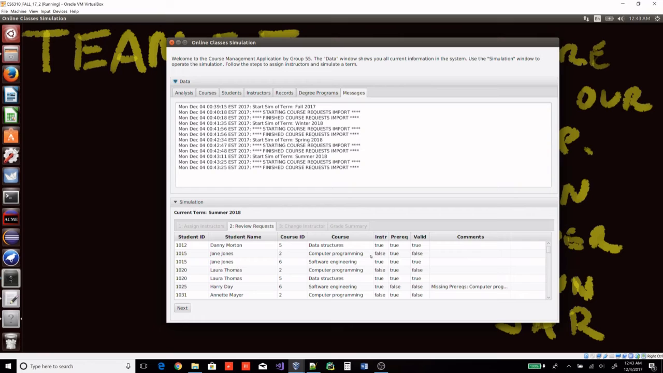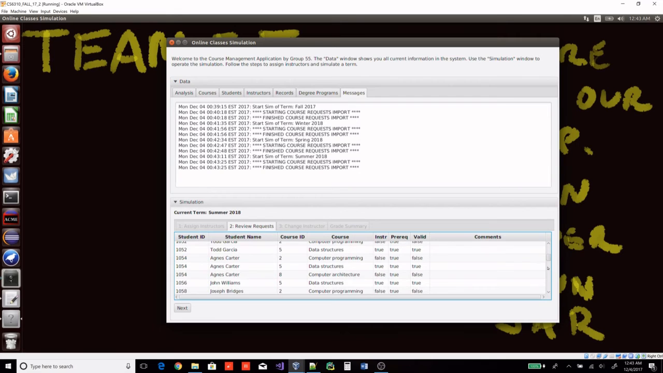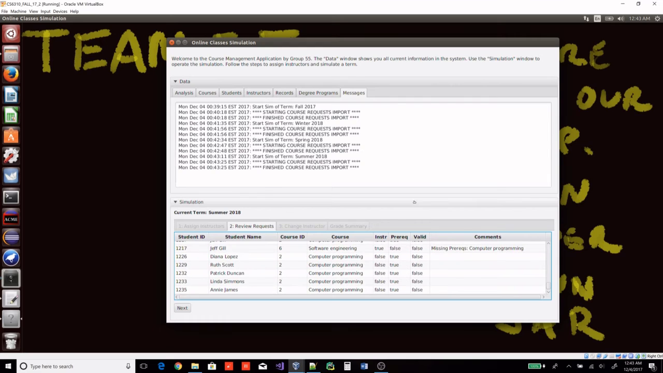So we see one for Jane Jones: we don't have an instructor, so that's not a valid request. We're seeing Harry Day for software engineering. He doesn't have the prerequisite, which is computer programming. So that's an invalid request. You can go through and see there's some more there. So when we go next,